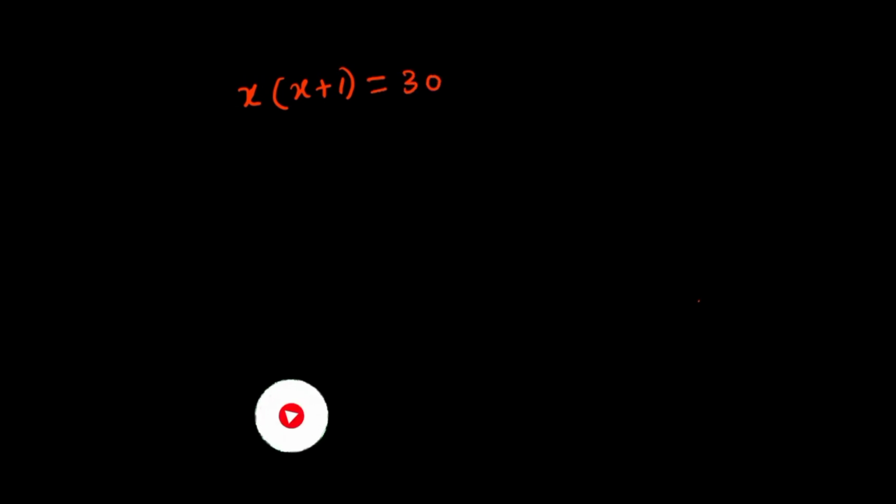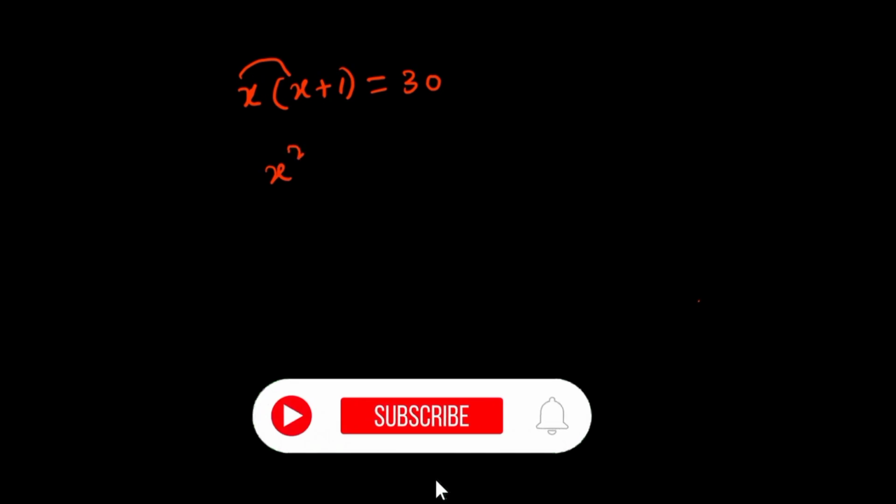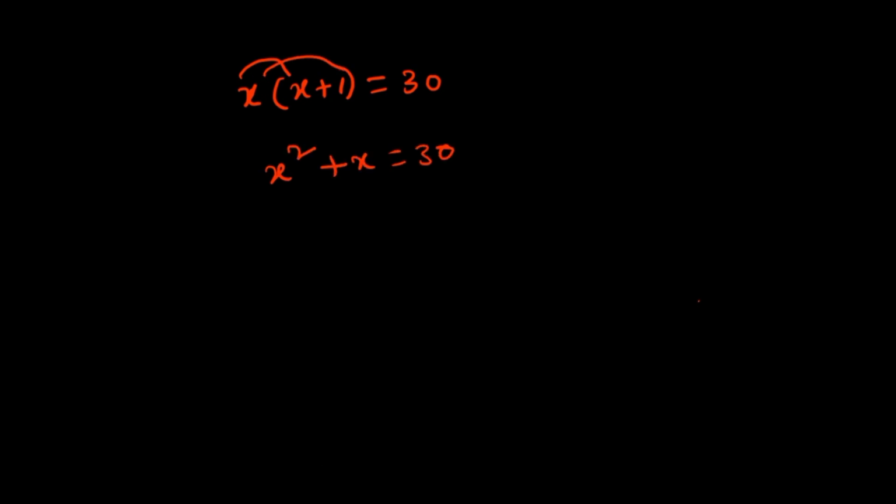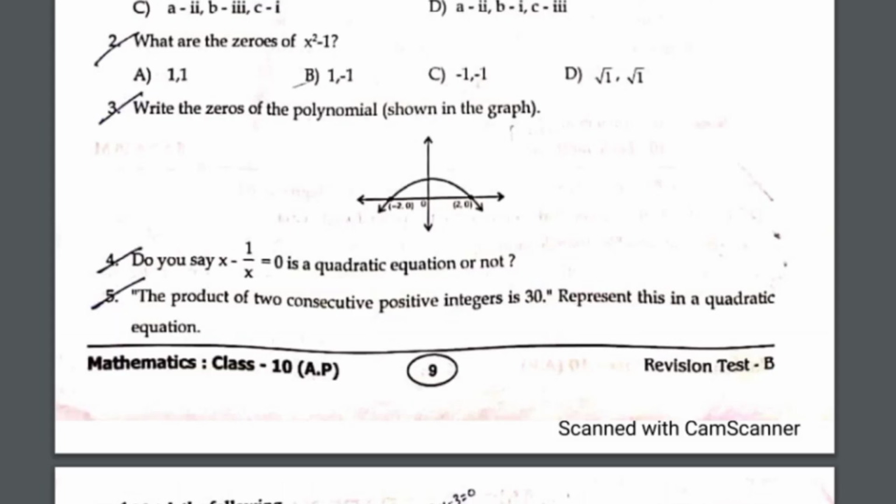So just multiplying this, x into x is x square and x into 1 is x, equal to 30. Then you can write x square plus x minus 30 equal to 0. So this is the answer for this question, right? Okay, so the next question is